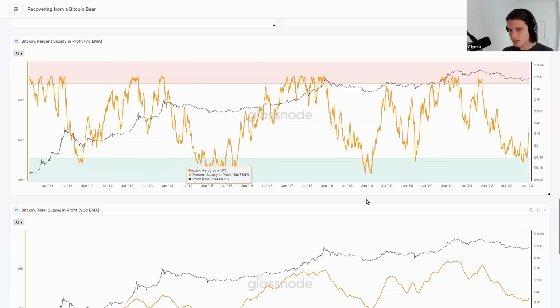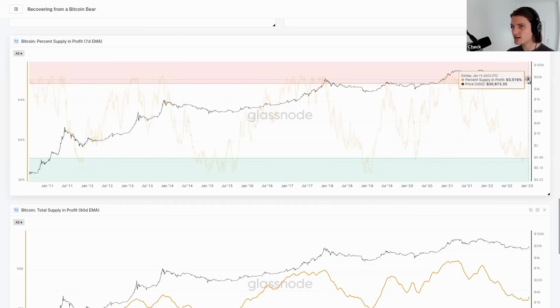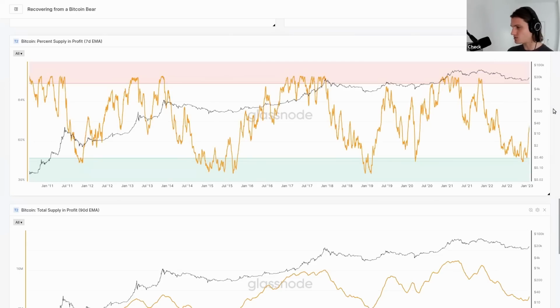Now, the reason I want to start with this one is these large, sharp moves off the bottom, right? When you see these massive moves in the percent supply in profit, as we've seen recently, what you're looking at here is that price has really only gone to the top of the range that we've been in since June. So it's a 7-month-long range. Back here in 2018, I think it was about 6 months that we were down here. We barely got to the top of this trading range, and percent supply in profit was just moving upwards in a crazy way.